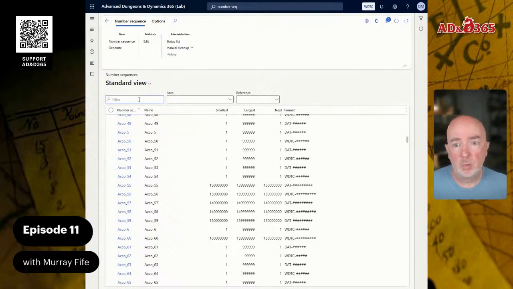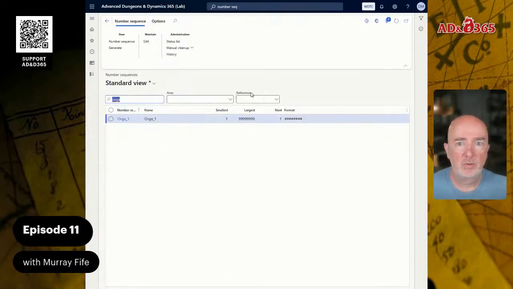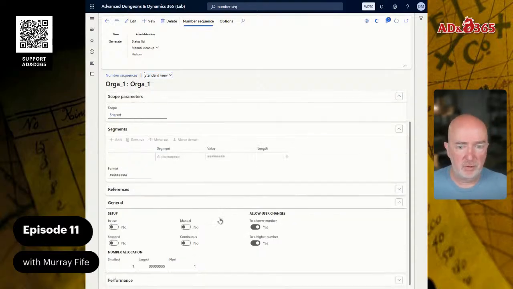But what we want to do is change one number sequence here, which is for the organizational sequences. So every time a business unit or a department or whatever is created, it's going to use this number sequence and create that for us. Now, I want to edit this,